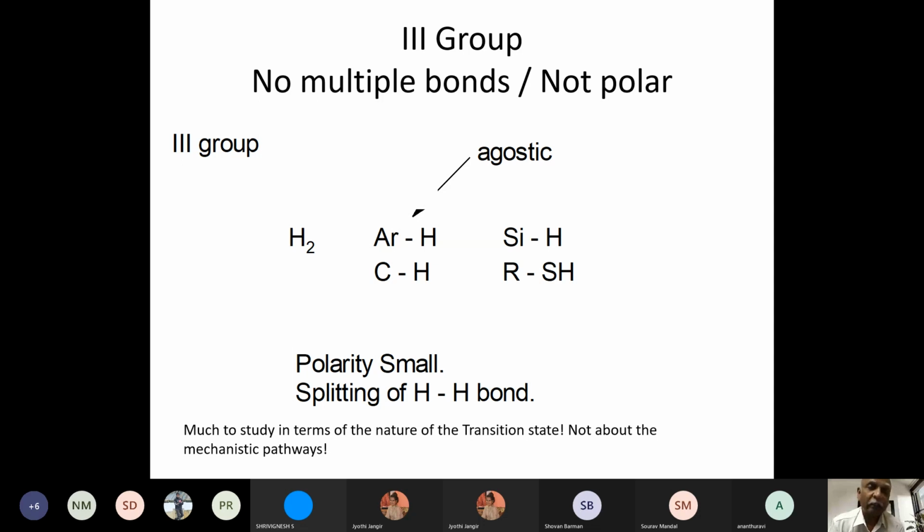People, especially computational chemists, have tried to distinguish between various types of bond stretches and geometries for this oxidative addition, and they have come up with almost 21 different types of transition states. But I don't believe that you need, I mean, they're all nitpicking. I don't believe that that much is necessary, but nevertheless, theoretically, people have distinguished many different types of transition states.